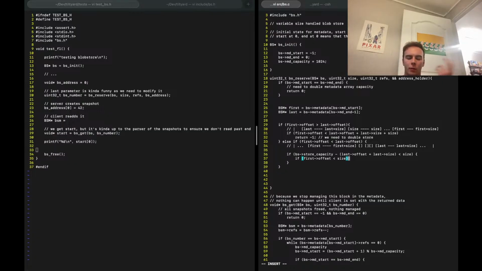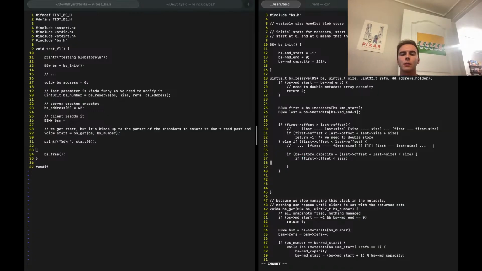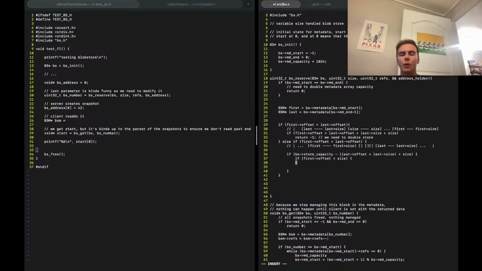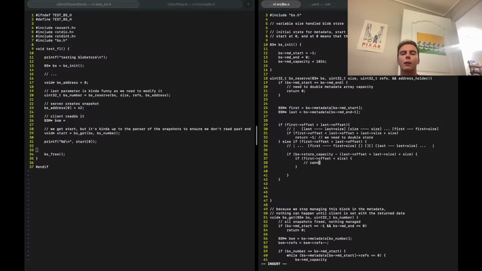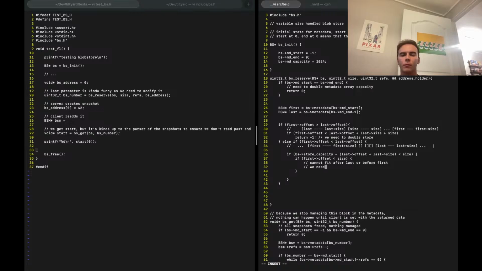If the offset of first is at 4 and we need a 4-bit thing, we can do 0, 1, 2, 3. So that's fine. It's just going to be very tight. If first offset is less than size, so this is the error condition, this means it cannot fit after last or before first. We need to double. Okay, otherwise,